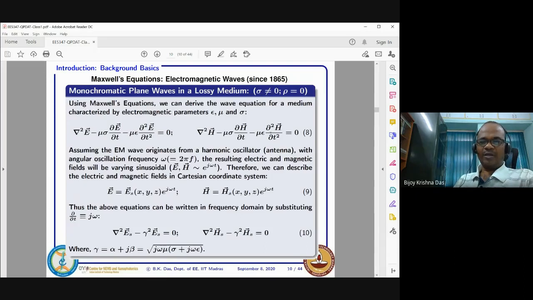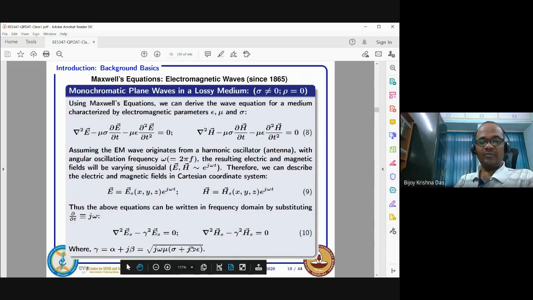But if you come down to the frequency domain like this, whatever I am discussing here, you are restricting yourself to a single frequency. The only thing is that you are considering your field can be space dependent. So this field can be space dependent. That also depends on, and directly correlates with, the fact that if mu, sigma, epsilon are also space dependent, that also comes into the picture in the gamma expression.